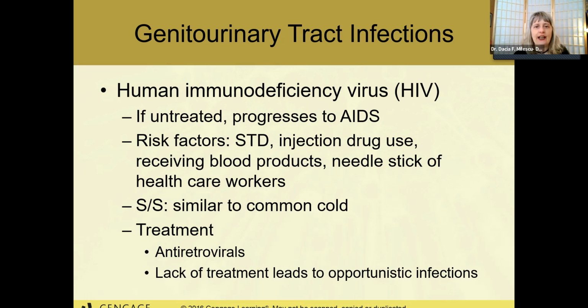Next one is HIV. If left untreated, it progresses to full-blown AIDS. All right, so acquired immunodeficiency syndrome. Risk factors, well, we know sexual, how should I put it? Sexual behaviors that are risky, all right? Not using a condom. There are many ways to prevent infection, but the best way is the latex condom. All right, so STD, due to inappropriate sexual behavior,